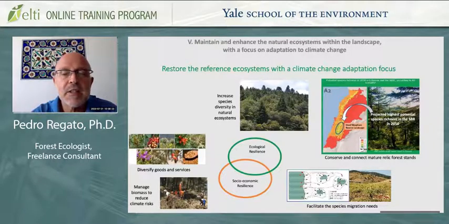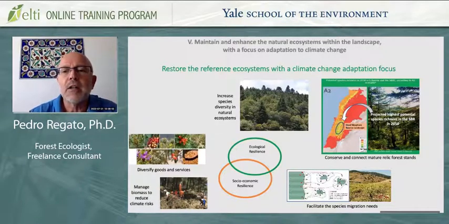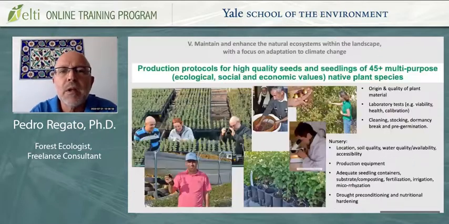And also looking at the climate change adaptation, FLR interventions look at mainly managing biomass to reduce climate risk, managing forest and agricultural biomass. And looking at forest and agricultural biomass with not only a climate risk reduction objective, but also with a social and economic objective. So how to convert a waste into a good for people. Again, as a way to get their buy-in of the FLR interventions. For this reason, the project has